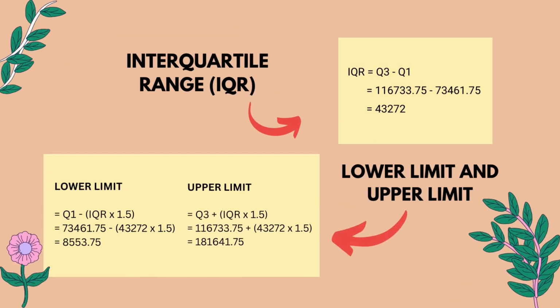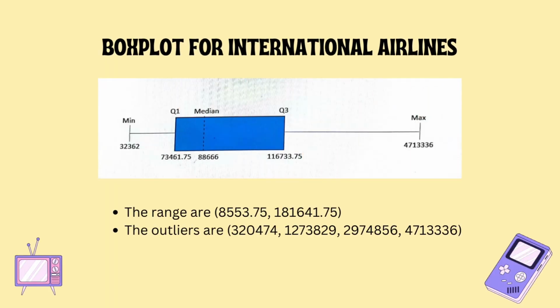To find the outliers, we need to find the IQR and then we use the IQR to calculate the lower limit and upper limit that we will use in our range data. This is the box plot for international airlines. Any value that is smaller or larger than the range is considered an outlier. So for international airlines, the outliers are